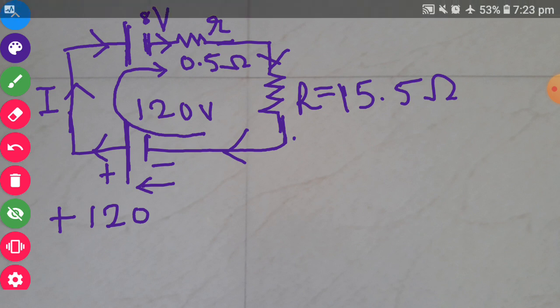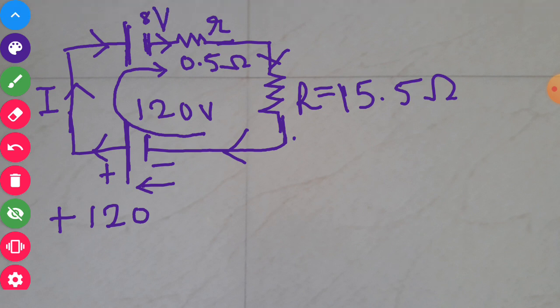Okay, in this 8 volt battery I am moving from plus to minus. This is the positive terminal and this is the negative terminal. So moving from plus to minus, I have to write minus 8. Then I am moving in the direction of the current, so I have to write minus I,